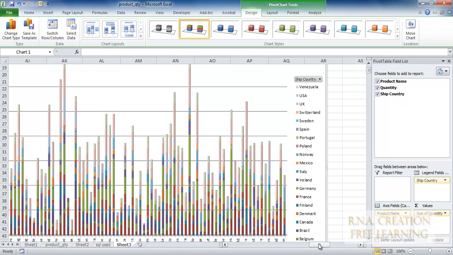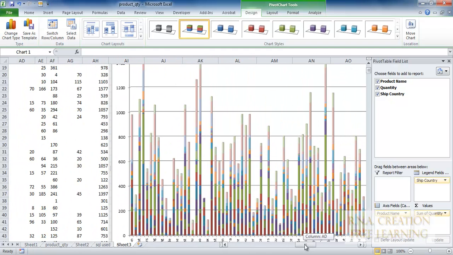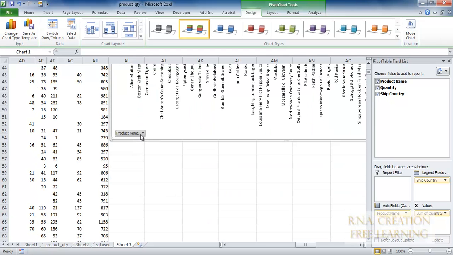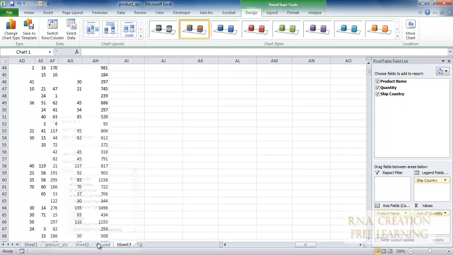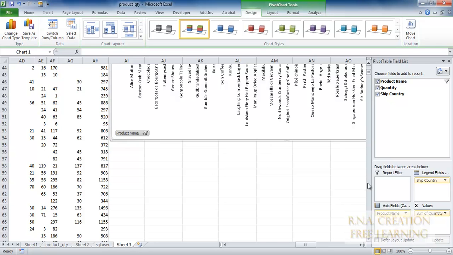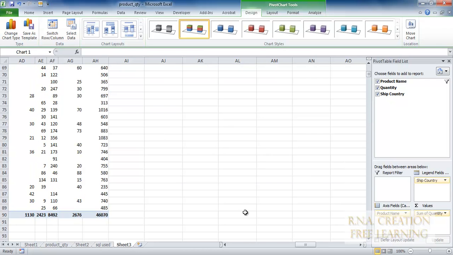Now so far so good. I can also choose by product. Suppose I do not want the data for some product names, I can deselect what I do not want for the report, and I can say okay, and those products have disappeared from both sides.